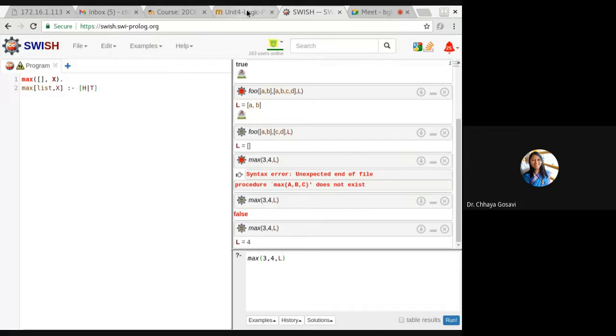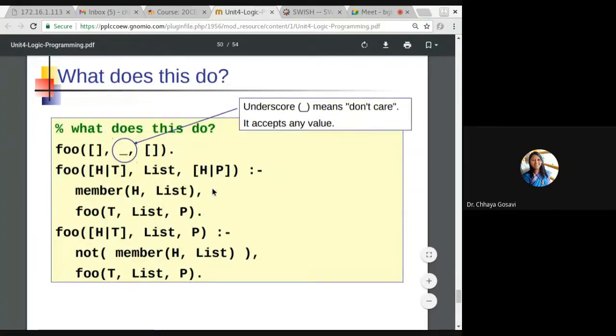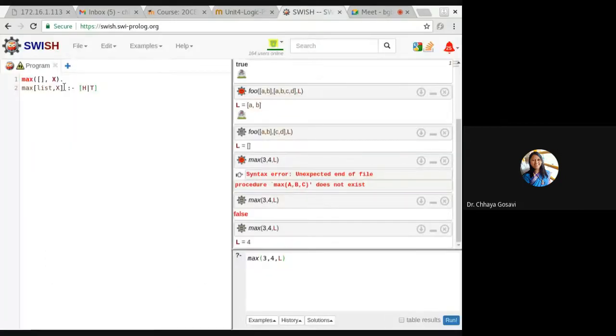Then we have to check whether the value of head is greater than x, then return x, else return tail. Then again you have to call the function. Instead of this list, we will divide this list as head, vertical bar tail, and x. So here we will compare.